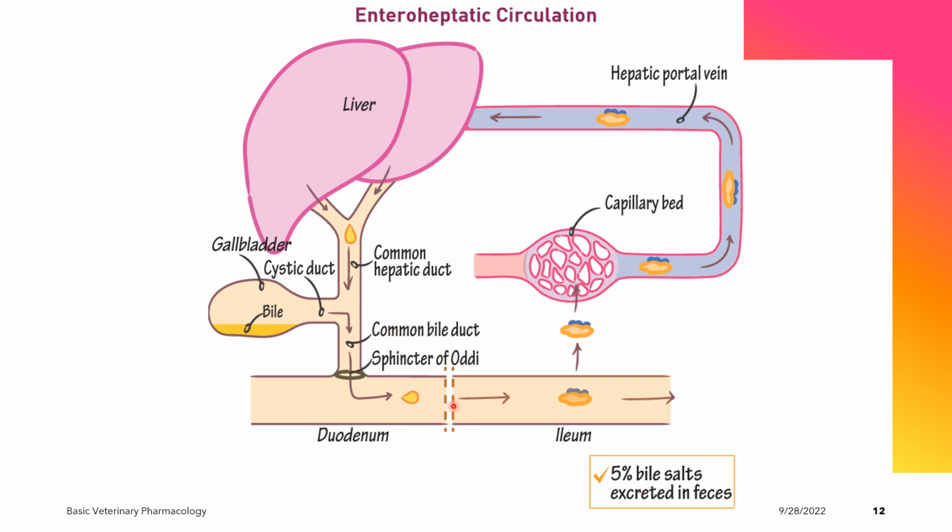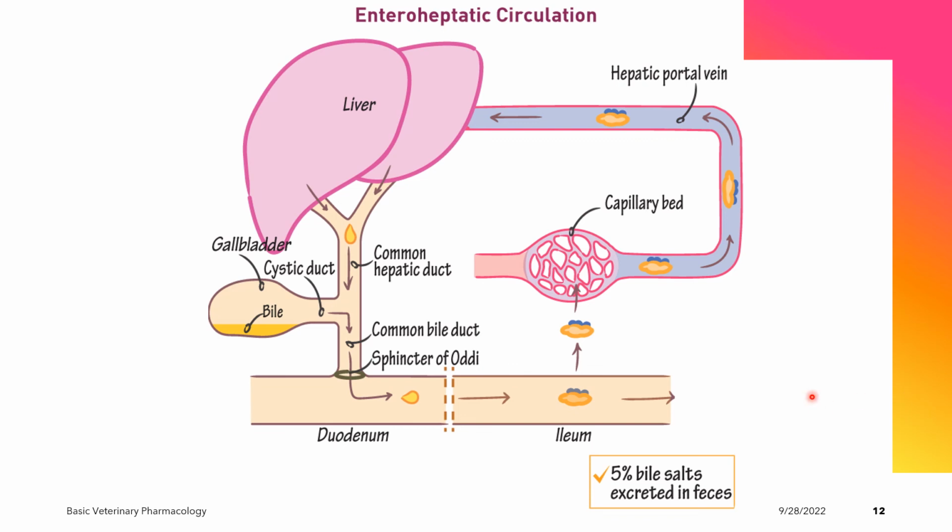So the intestinal microbiota in the intestine plays a central role in the enterohepatic recycling phenomenon. The enterohepatic circulation is important because it increases the elimination half-life of many drugs. So when there is an increase in the half-life of the drug, it will also prolong the action of the drug in the body, and also cause multiple peaks in the plasma drug concentration-time profile, which are frequently elusive in terms of